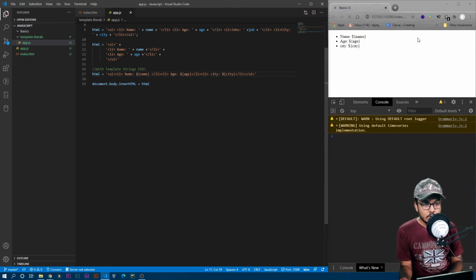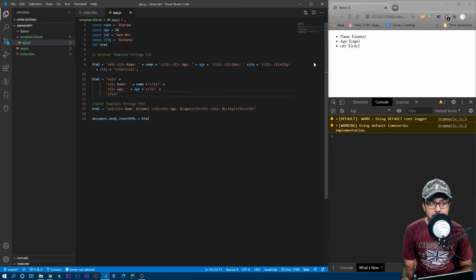Now save it, you can see it is also showing the same things. But there is one more problem. You can see the name, age, and the city variable is not working. It is showing the same thing which you wrote over here, like dollar inside the curly braces you wrote name. It is not actually taking the variable value, right? In the name we store the diptam value, in age we have this 20 value, but it is not showing